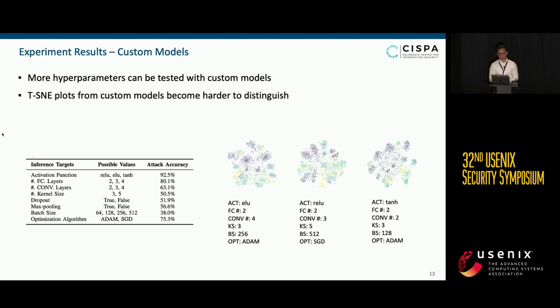So while attack models using popular architectures can be similar if they're from the same family, for instance ResNet 18 versus 34, the models are still quite different from each other. So we want to explore how our attack performs with more fine-grained settings. Building custom models allows us to test the attack model's performance on 6 additional inference targets, as you can